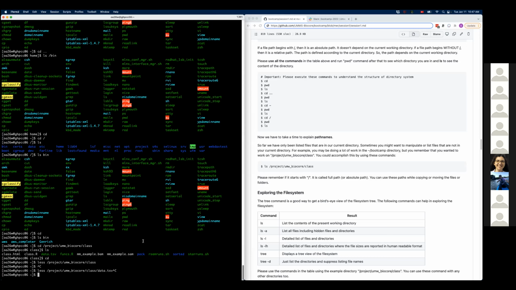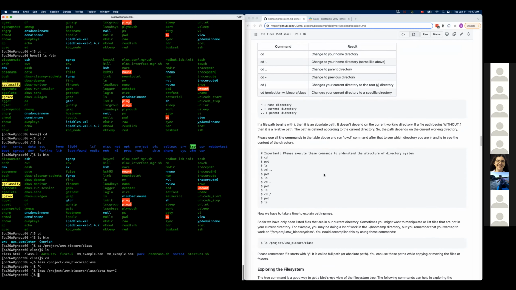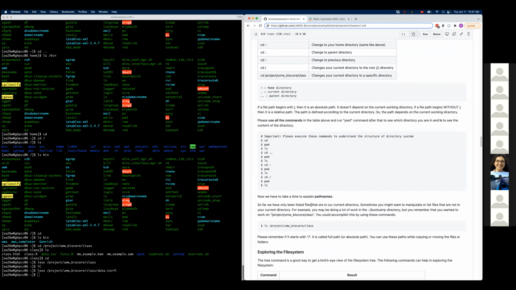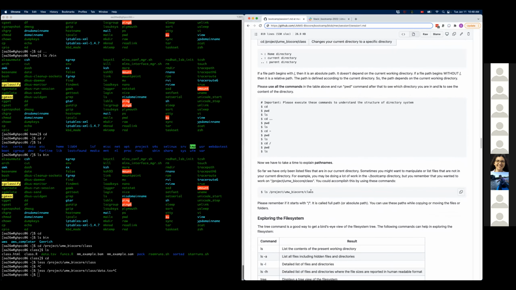So for example, let's say I want to list things that are in this directory, right? And it's not always the case that I have a text here that I can copy and paste. Sometimes you have to start typing, right? So then we do ls space. I know that it's in the project directory, so /pr. And then if I hit the tab key on my keyboard, it's going to complete what is available in this system until we have different alternatives, right?